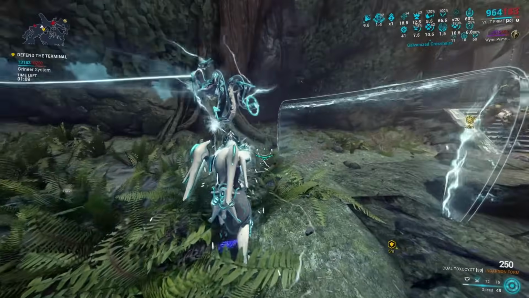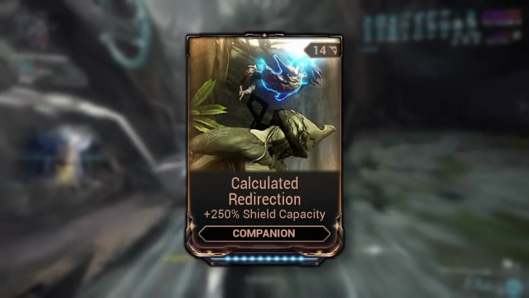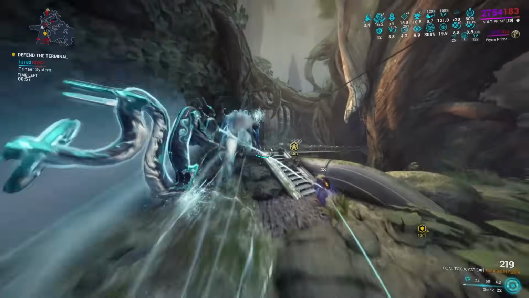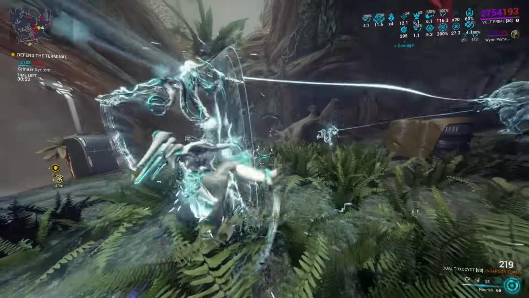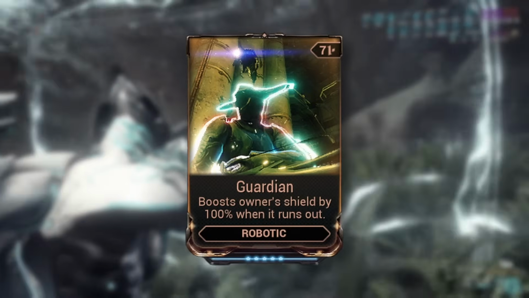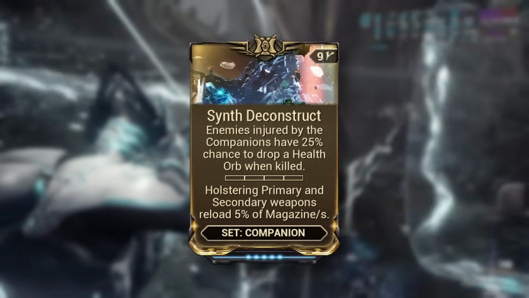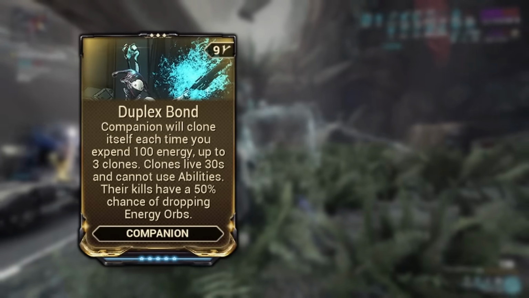Worm Prime is the only Sentinel in the game that, if you install Calculated Redirection, has more than 1200 shields. With the mod Reinforced Bond, if you have more than 1200 shields, you gain plus 60% fire rate to your weapons, which is nice because we want to have more fire rate on our Dual Toxicist. In addition, we have standard stuff here, like Guardian for example, refilling our shields to the maximum once they go down to 0 to give us a nice little additional safety net, Synth Deconstruct so that we get the health drops that we can convert into energy with the purple Archon shards,